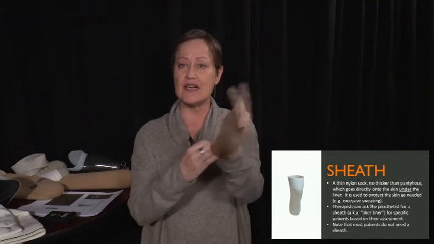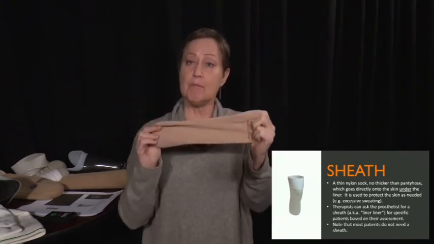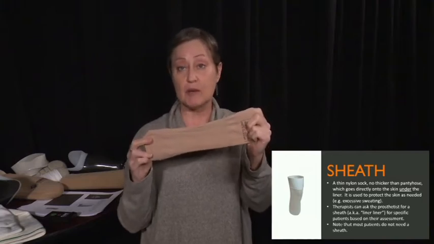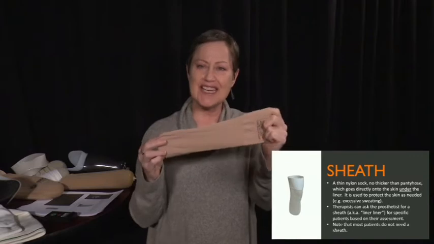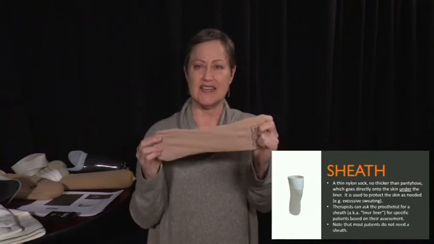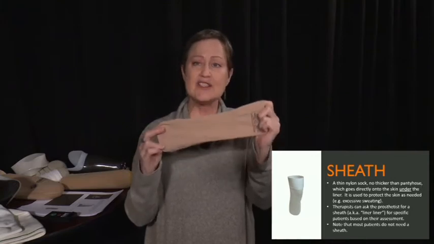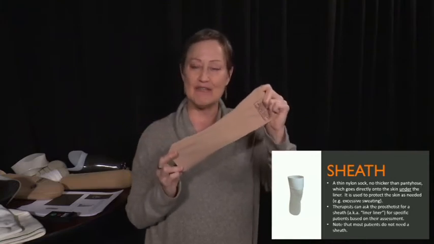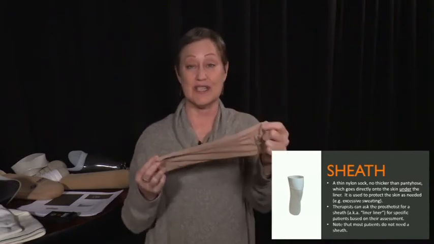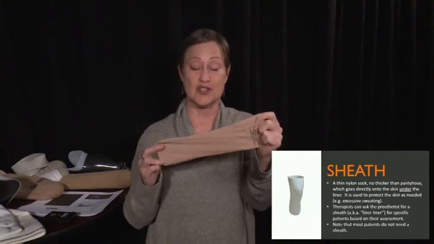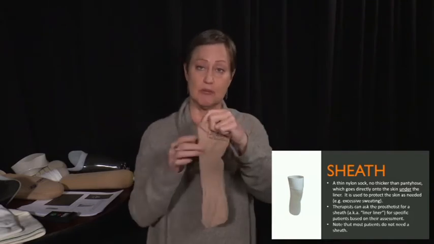It's the thickness of pantyhose, and it's very helpful if somebody tends to sweat a fair amount inside their liner, or if they have any other kind of skin irritation and they don't tolerate the gel or the silicone really well. These are, again, not very often seen, but you can ask for this. The prosthetist isn't naturally going to do a liner or a sheath for every patient. Great conversation to have with your prosthetist.